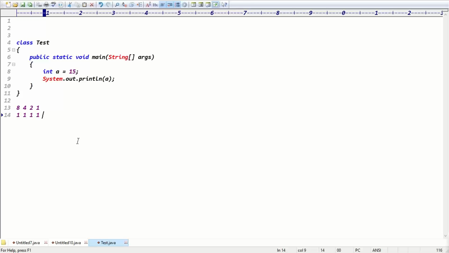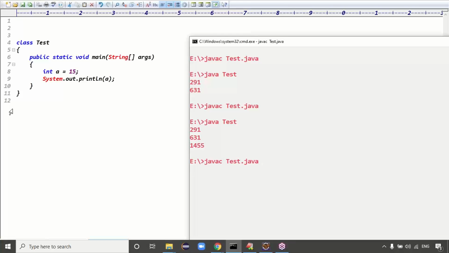I think 1111, all are enabled. The corresponding binary value will be 1111, right? Exactly. So if you compile this code, the code compiles fine.